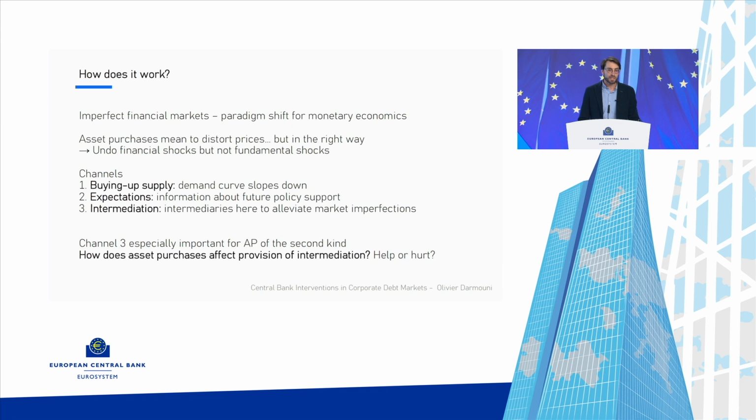Now we're still learning about exactly how that works, and it's a fascinating question. I think asset purchases rest on the premise that there's some imperfection in financial markets. If financial markets were perfectly integrated, incorporating information perfectly and things like that, there really wouldn't be much role for asset purchases. You could do a lot with conventional tools. Okay, so that's a paradigm shift for monetary economics in terms of thinking about what the channels are. And I think the channels are very different from traditional frictions in more classical monetary models.